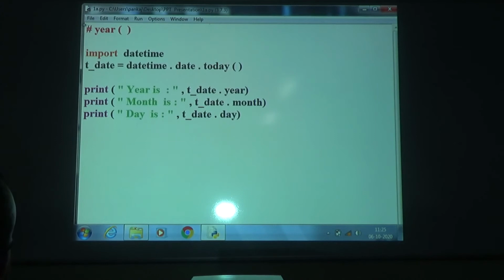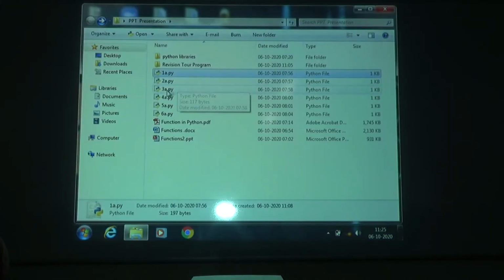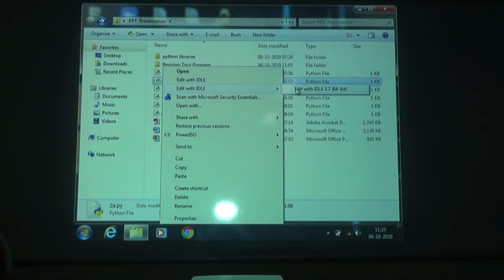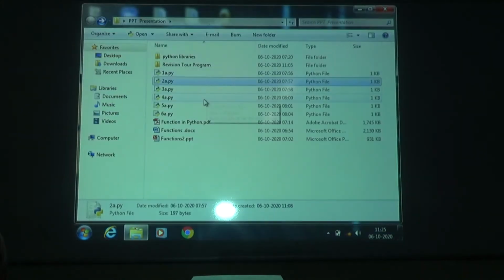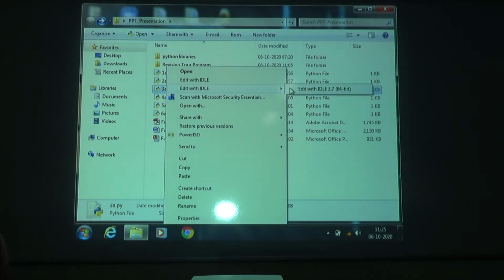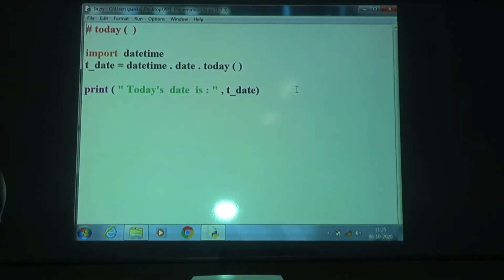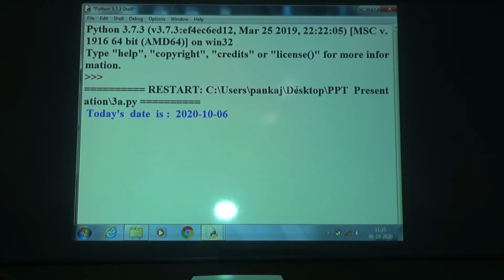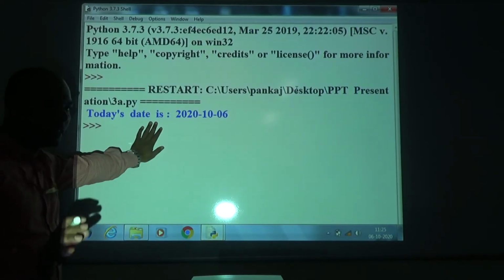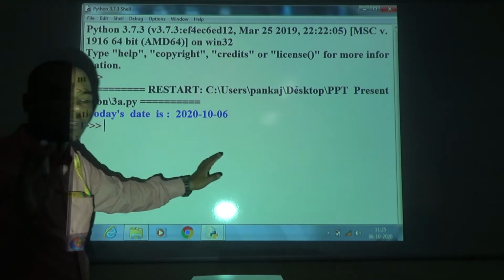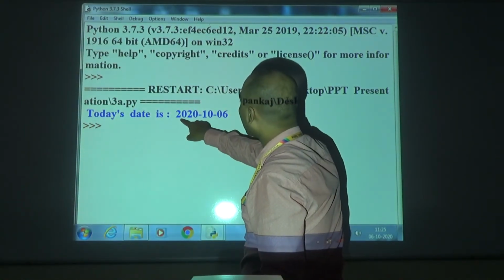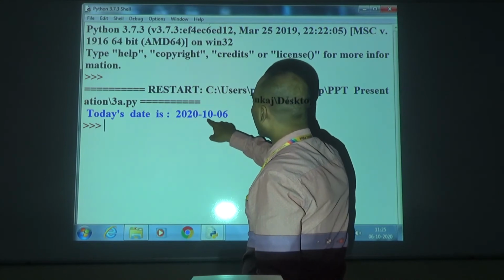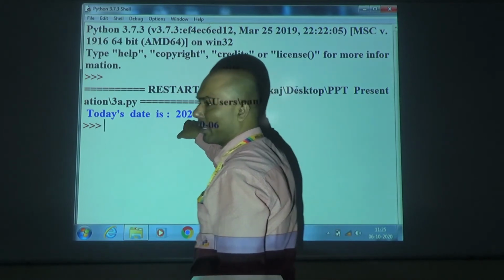Now we can see the second part, similar to the year function. Then the third one we have to access. Now see, the third one is today's date. In Python, datetime always shows or executes its date in the format YYYY, then month MM, then DD.